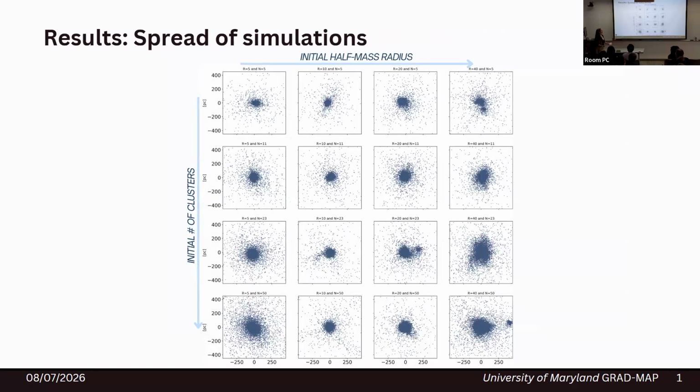And this is our entire spread of all our simulations in their final time step with their XY projections. Moving from left to right, we see larger initial half mass radius, and moving downward, we see larger total mass, or larger initial number of clusters. The main thing we can see is that all simulations, or almost all, produce a singular central dominant cluster, which is promising with our hypothesis of producing a globular cluster. But just because we can see a central cluster does not mean that it is equivalent to a globular cluster.